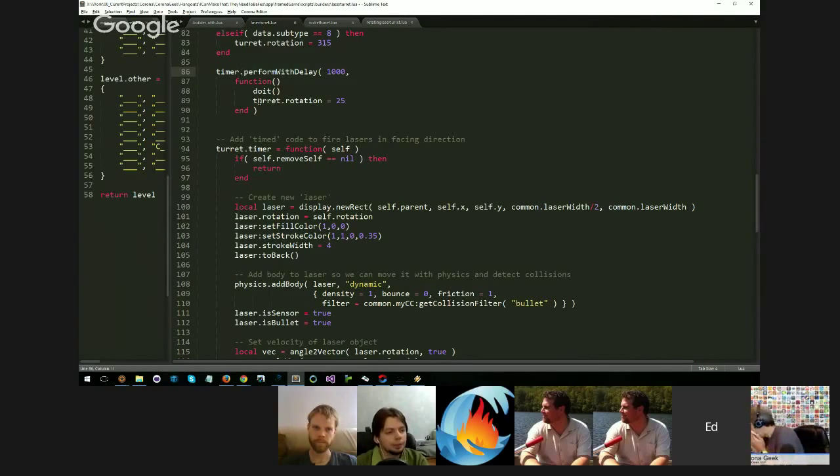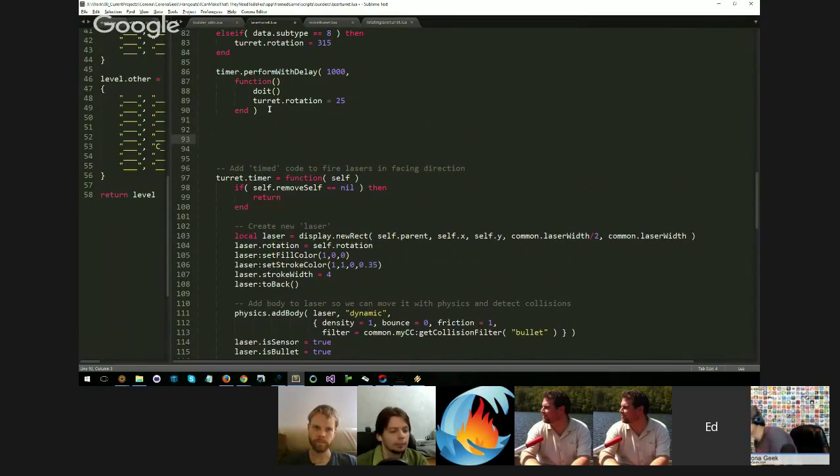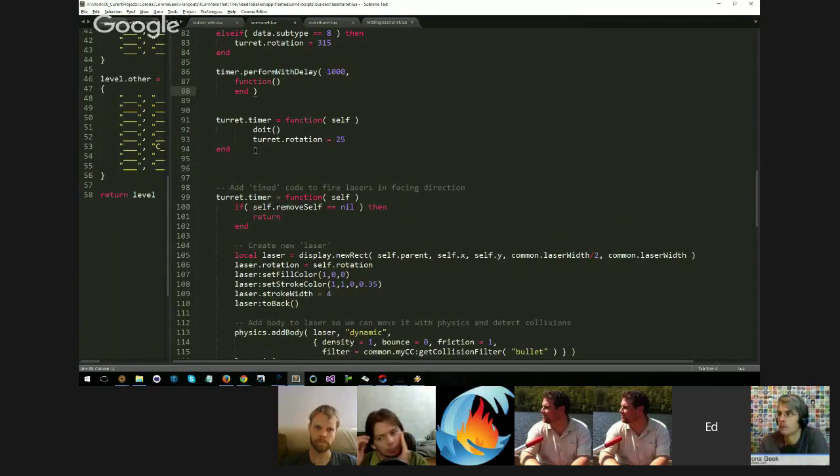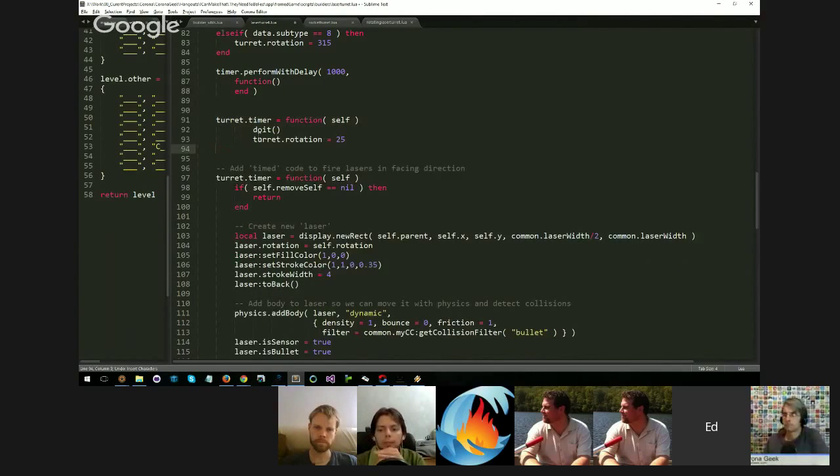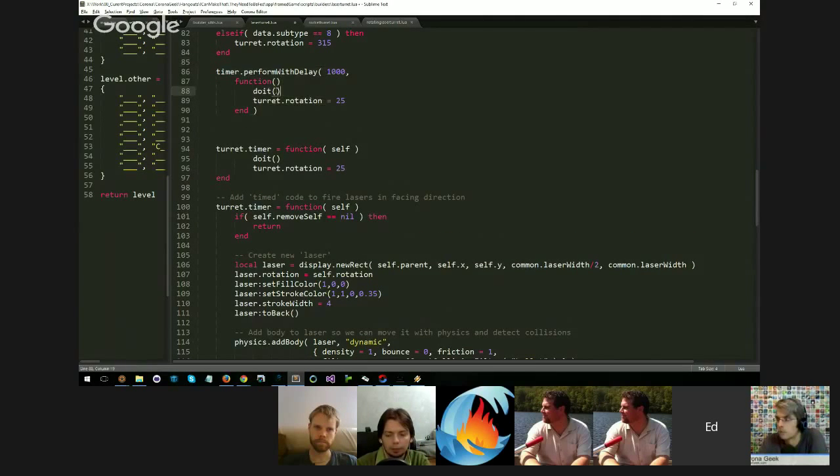Now, the trick that I want you to know about is true of a lot of different features in Corona. But for example, if we wanted to, we could say turret.timer equals function(self). This code right here, and then the old code so you can see it side by side. Here's the code that I just wrote where we called function doIt and we set the rotation of turret to 25 and we waited 1 second to do it. Another way to write that same code